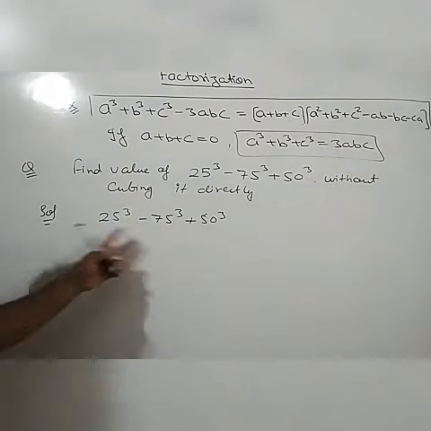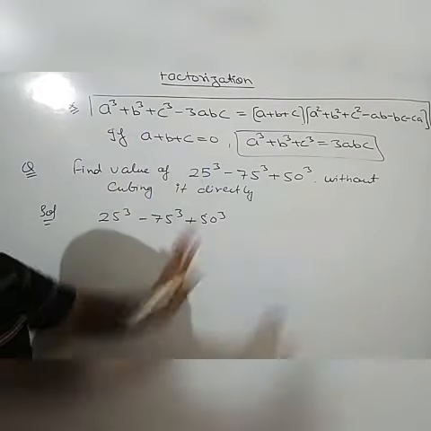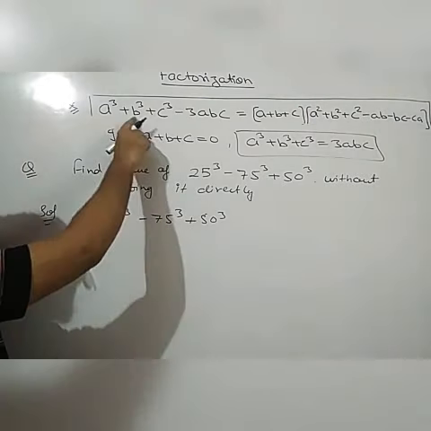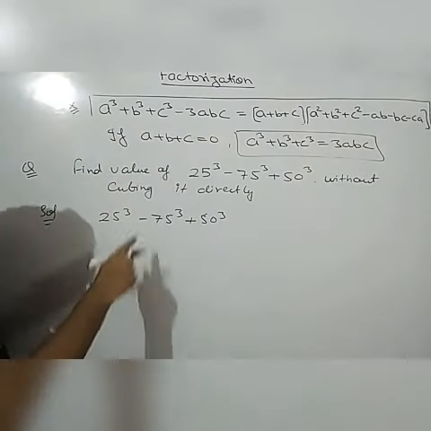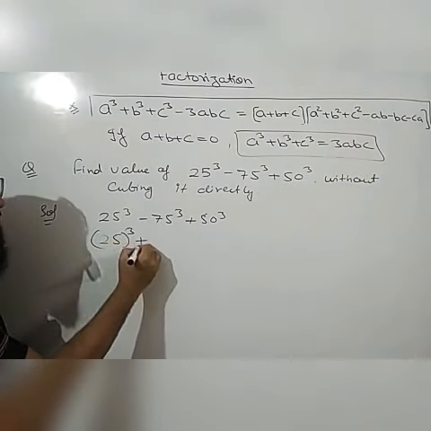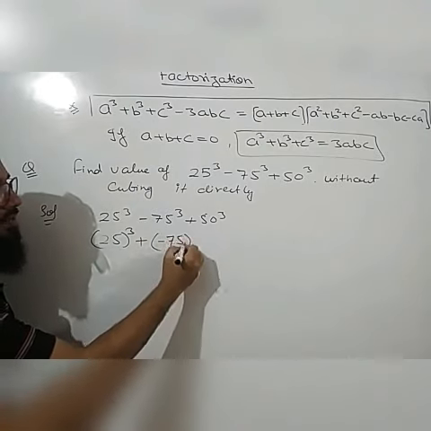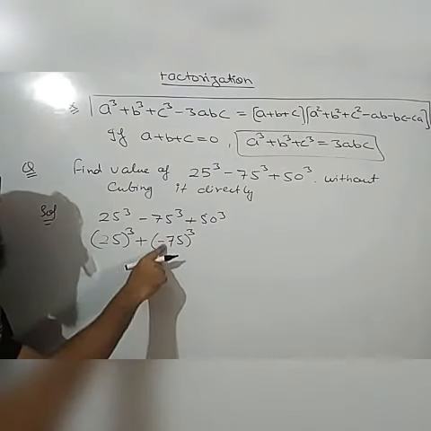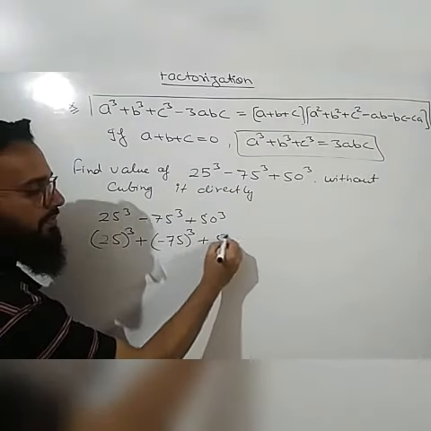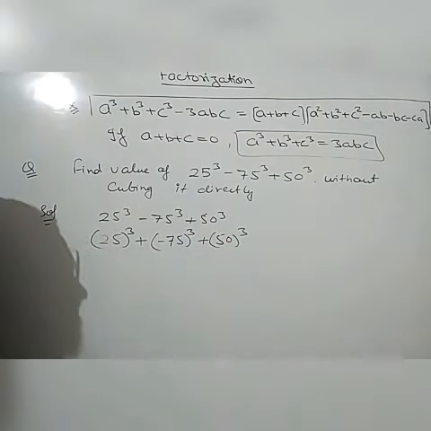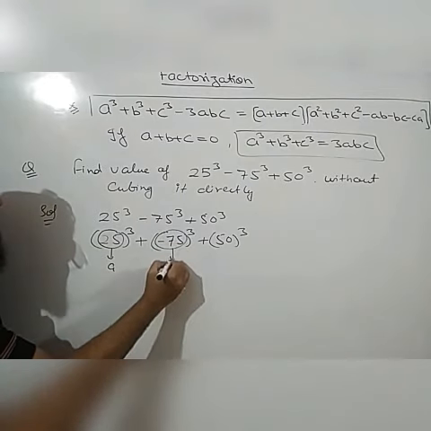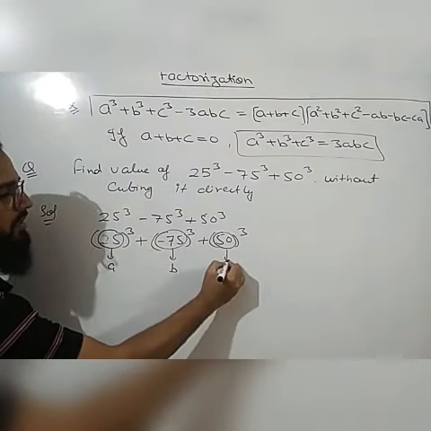Now there are 3 cubes. It means a cube plus b cube plus c cube may be possible. So first let us check. It is minus sign, but in the identity it is a cube plus b cube plus c cube. So first we will make this sign positive. How will you make it positive? It will be 25 whole cube plus, now we will take minus 75 whole cube, because this minus 75 cube will be minus, so it will be plus minus minus, and plus 50 whole cube. Okay, now if we consider this 25 as a, this minus 75 as b, and this term as c,